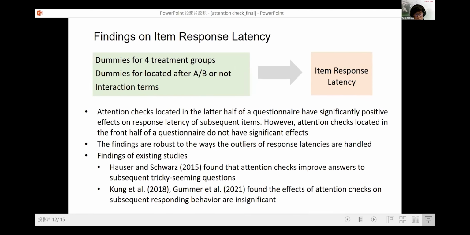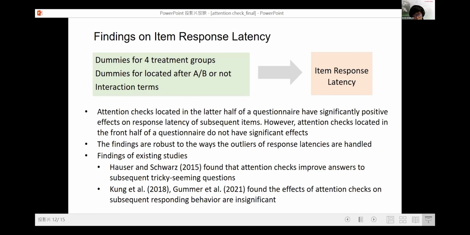As to the findings on item response latency, we found attention checks located in the latter part of the questionnaire have a significantly positive impact on the response latency of subsequent items. However, attention checks located in the front half of the questionnaire do not have significant effects.